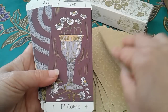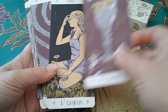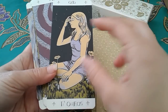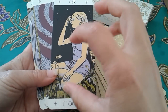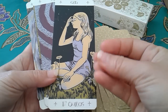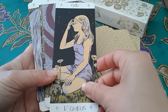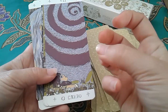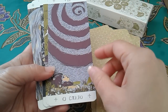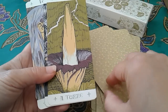It's probably maybe because her take on this is from the Marseille point of view. Not only is it from the Marseille point of view, it's from Jodorowsky's Marseille point of view. And so it's unique in that sense, because then she translates her understanding of those two scenic minors in a way that we are more used to with the Rider-Waite-Smith. And so I think perhaps the uniqueness comes from that, but also, as I've mentioned in another video, and feel free to refer to that video, the creator of this deck apparently, if I understood this correctly,